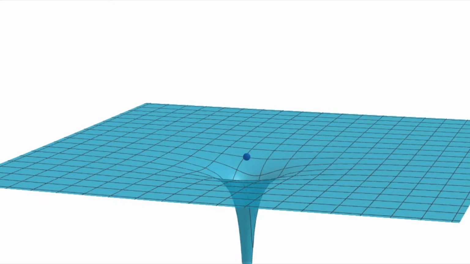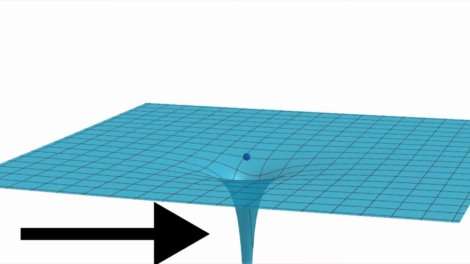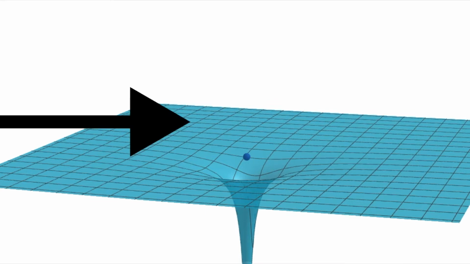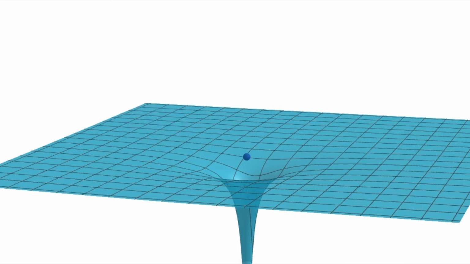Let's go back to our diagram of how spacetime reacts to black holes. The singularity occurs about here. So when we talk about the surface of the black hole, we aren't talking about the singularity. We're talking about the area up here. The surface of a black hole is referred to as the event horizon, which is just the science way of saying the point of no return. Because once something crosses the event horizon, it's not coming back out ever.